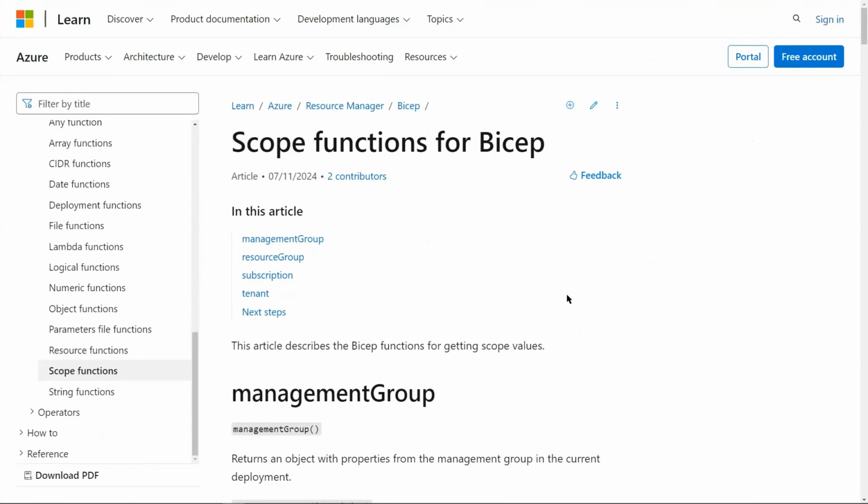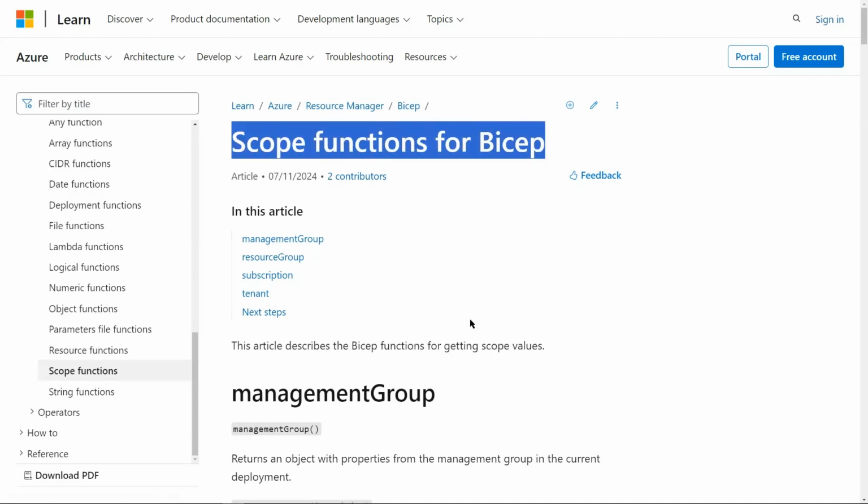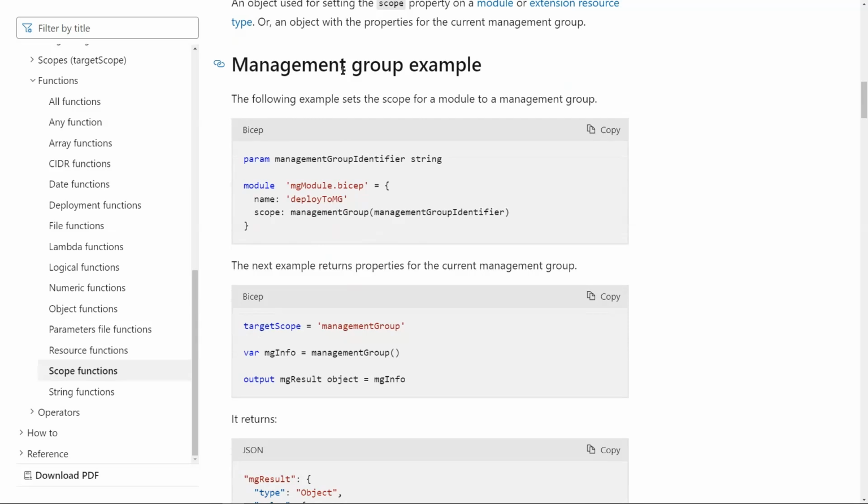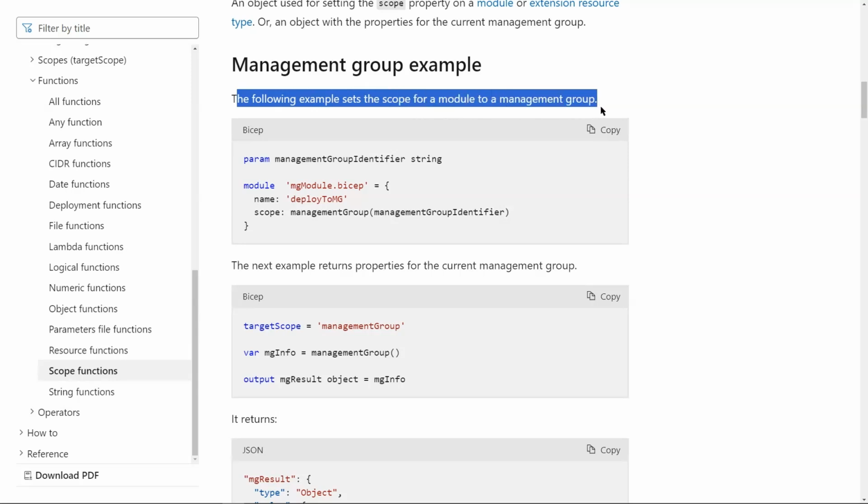Now we are on another page of learn.microsoft.com, inside Bicep under Resource Manager, and we are talking about the scope function for Bicep. Here we have the management group example. The following example sets the scope for a module to a management group.